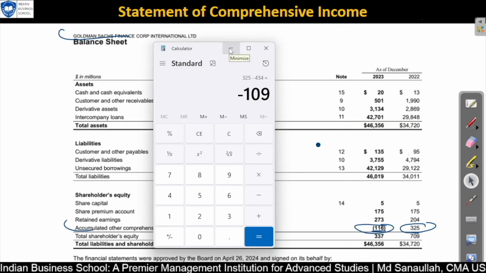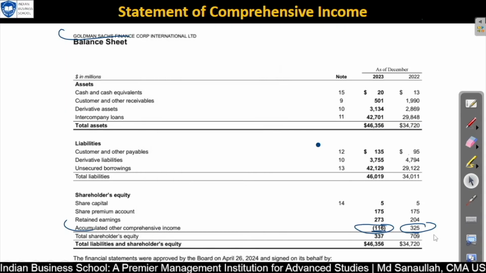So you can see earlier they were having positive accumulated comprehensive income. When they adjusted 2023 comprehensive income, then their net figure is coming to something else. Okay, you got it. In a similar way, when you add 62 to your retained earnings, your retained earnings will increase. So this is how it is actually working. You have seen the proof now.